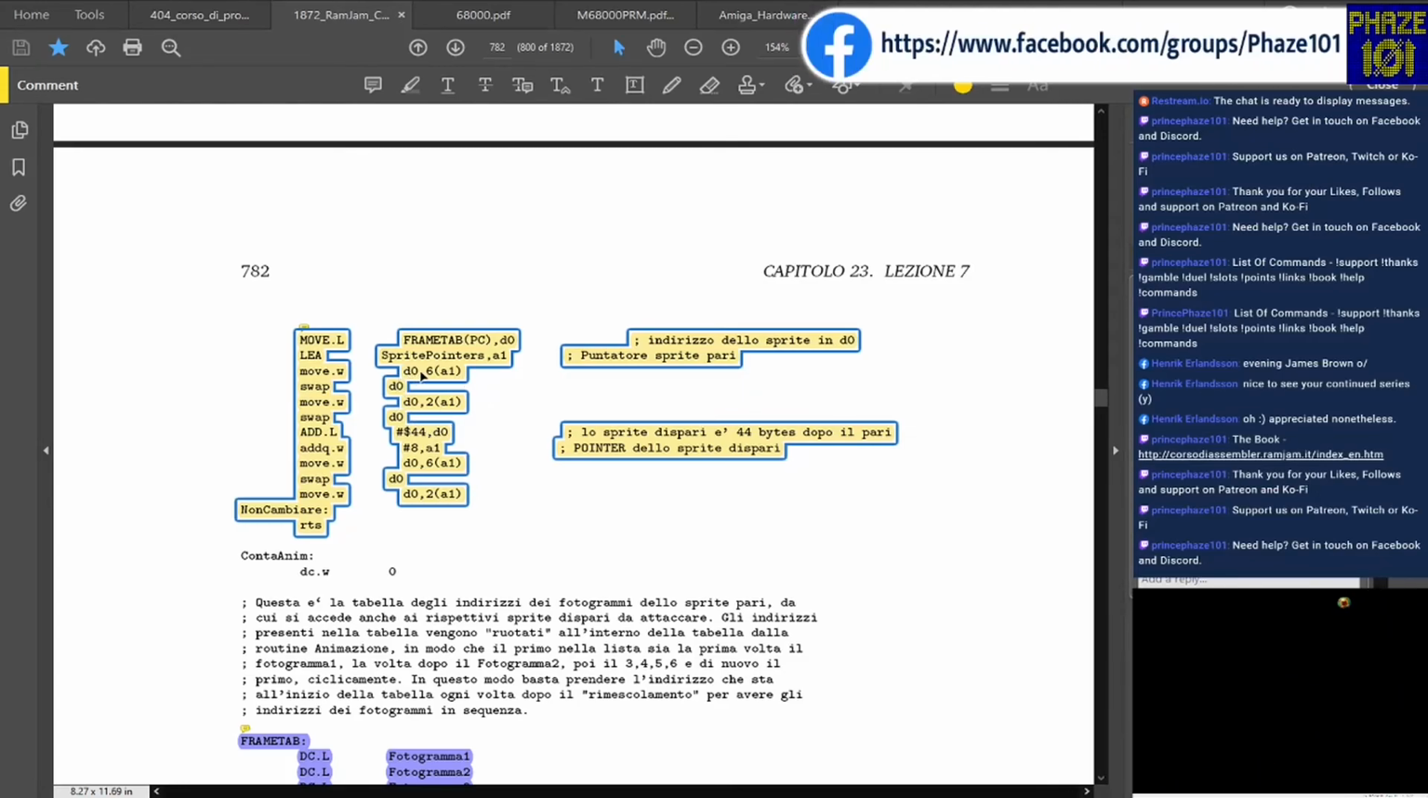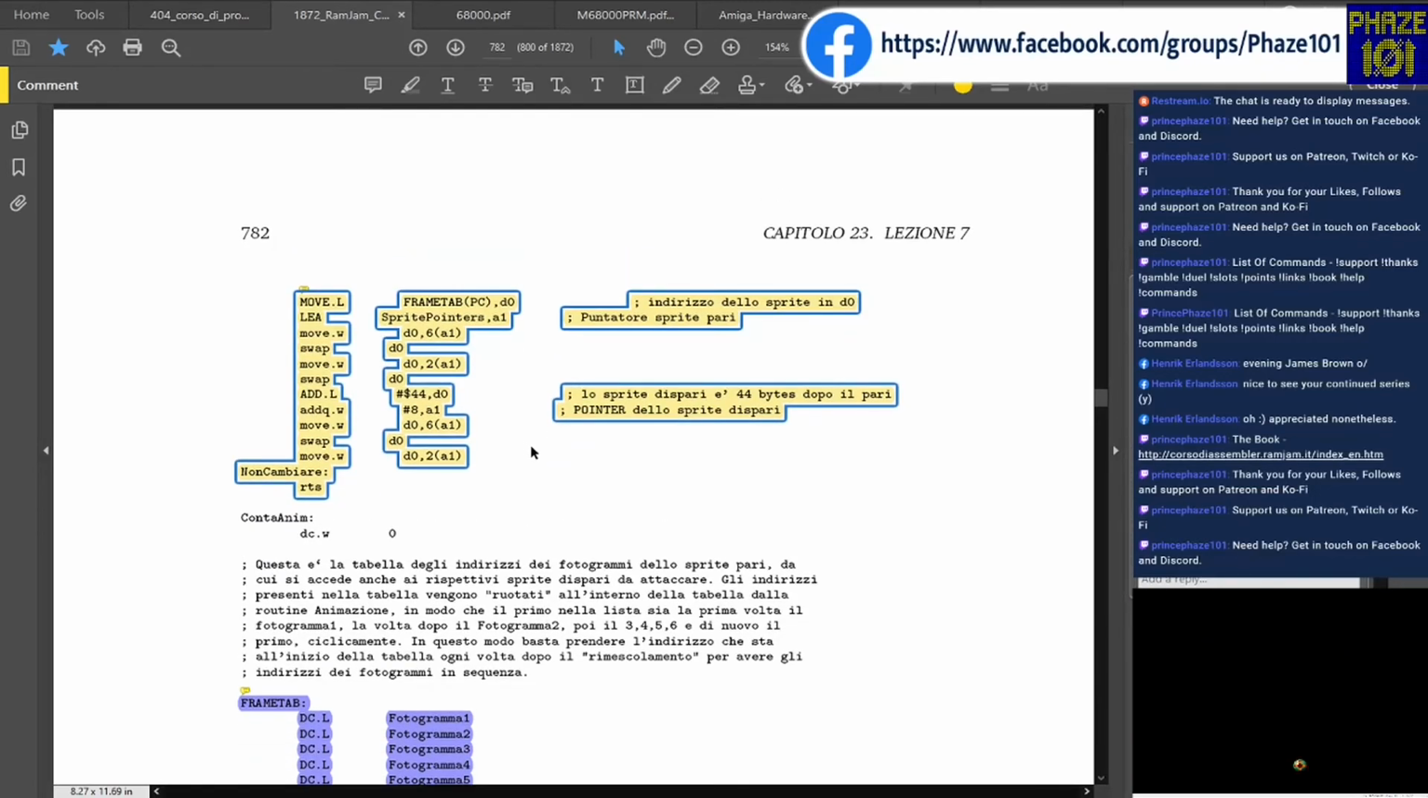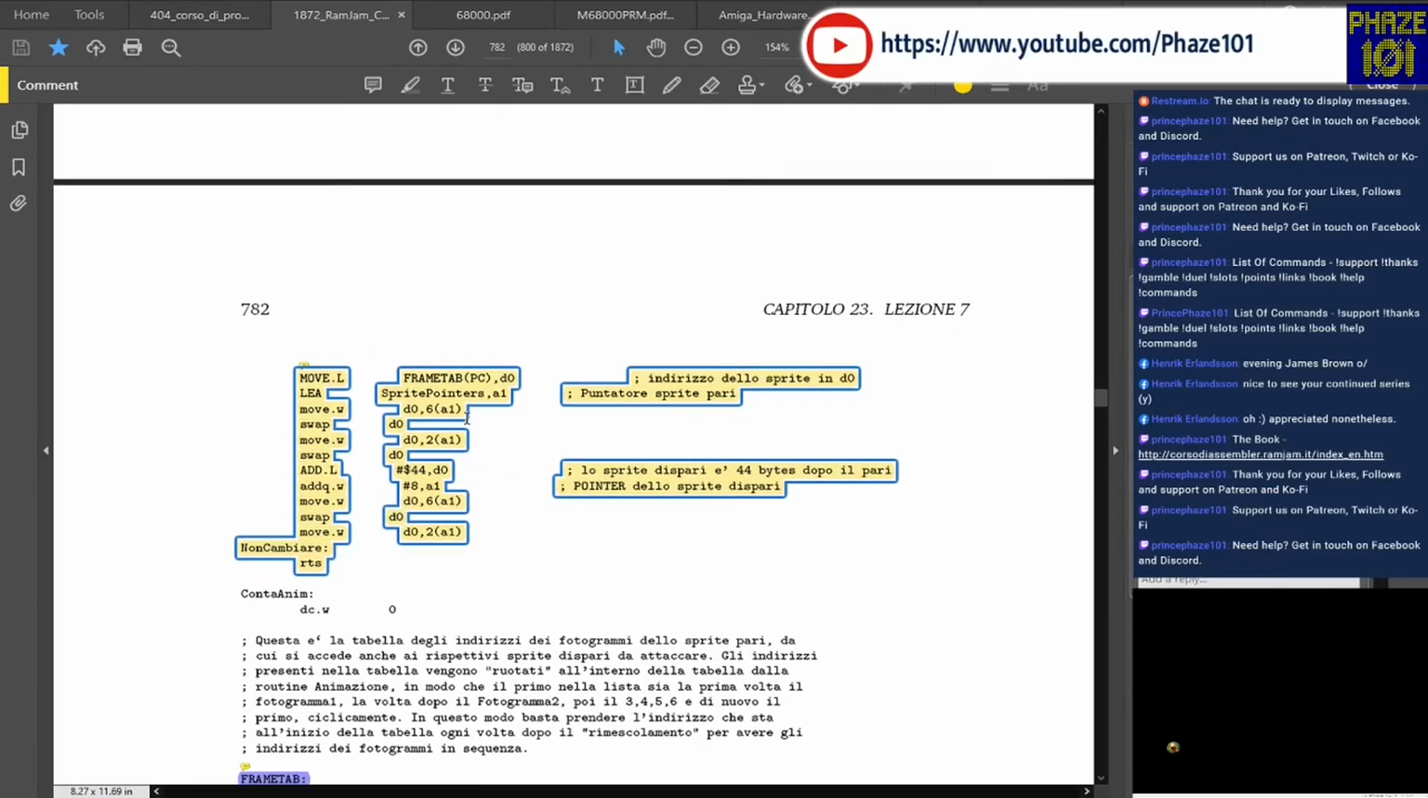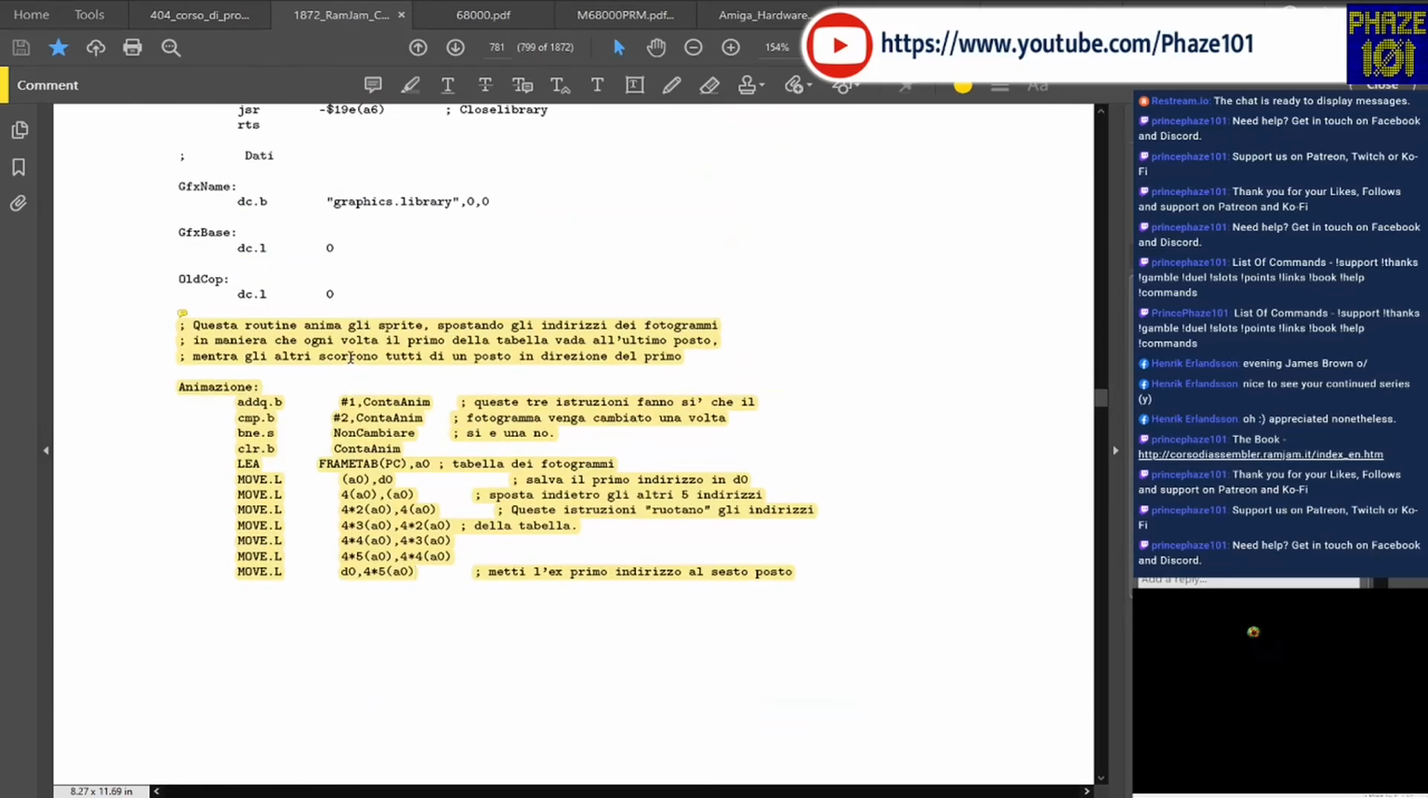This is to point the sprite to which frame we are going to use. So nothing really new, it's something that we've seen. Here the first part